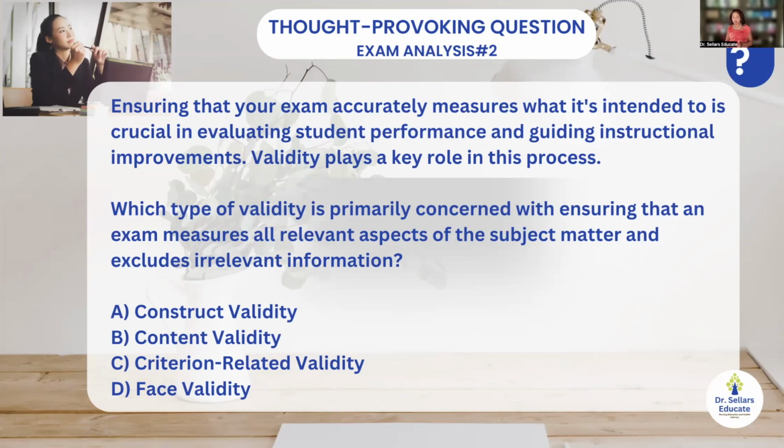Validity plays a key role in this process. Which type of validity is primarily concerned with ensuring that an exam measures all relevant aspects of the subject matter and excludes irrelevant information? So we have A, construct validity, B, content validity, C, criterion related validity, or D, face validity. So I want you to go ahead and write down what you think the best choice is and the